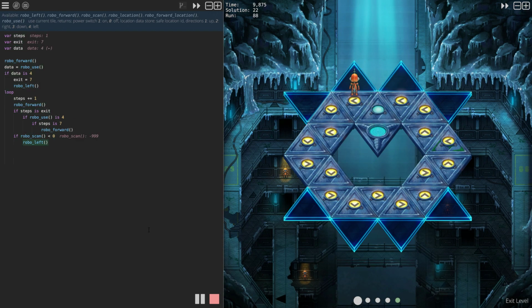Yeah. Okay. If it is 7, we go forward. Else, if no, let's just do. If steps is exit, if it is pointing us to the left. Oh, we just ignore that, right? We just do this. If steps is 7, we do that. And else,